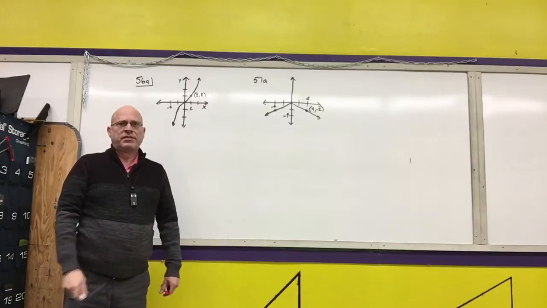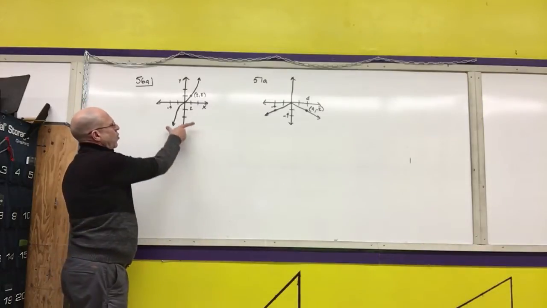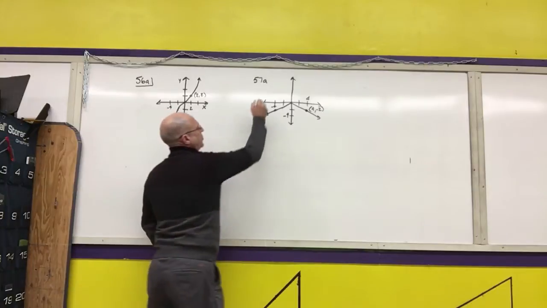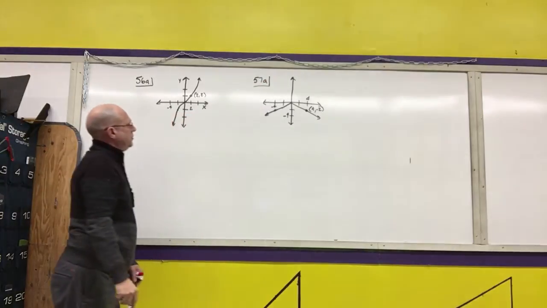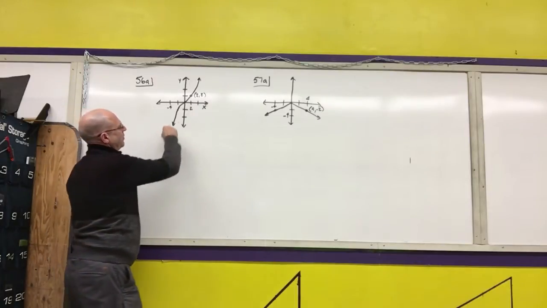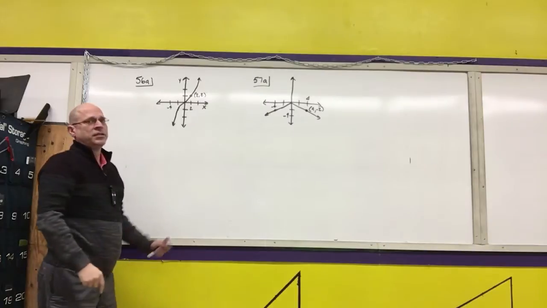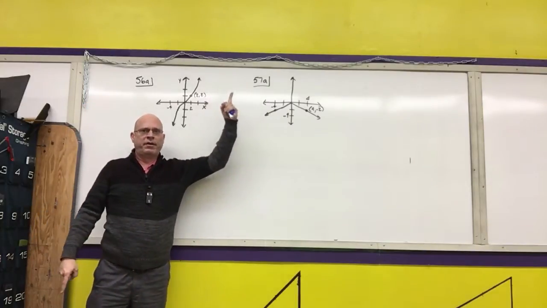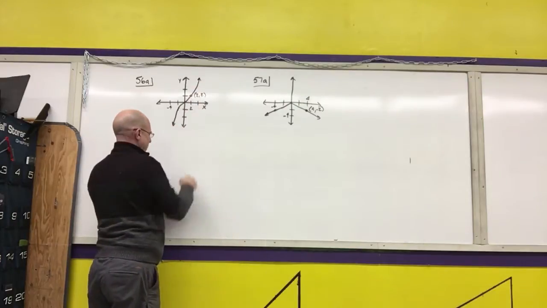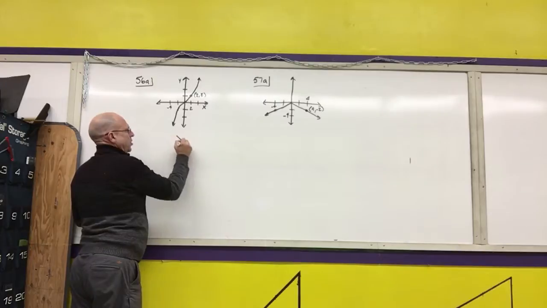The last item in discussing transformations of functions is to be able to come up with the equation for the graph of a function based off of the transformations from a parent function. So the first step you want to do is identify what the shape of this graph looks like from our parent functions. We only have one parent function graph that looks like this, starting in quadrant 3 and going up to quadrant 1, and that is our x cubed